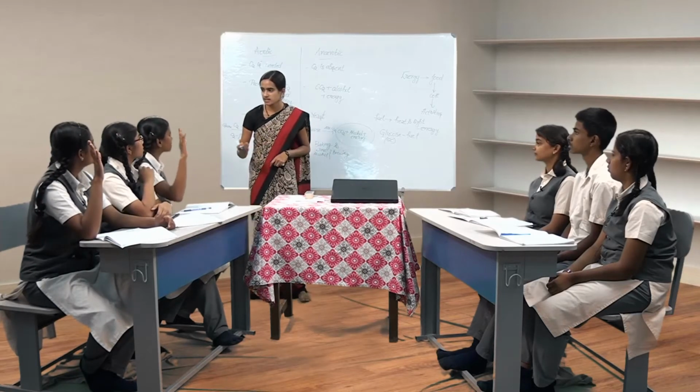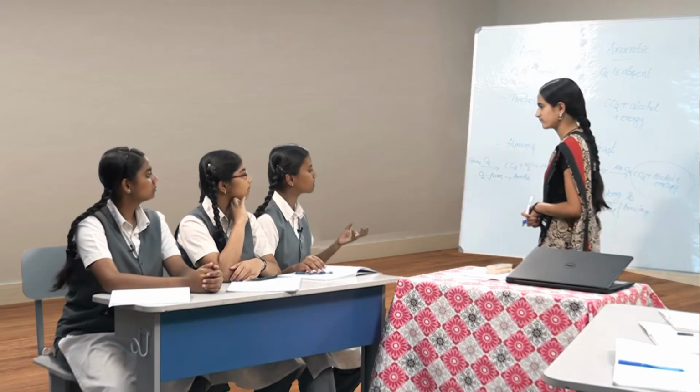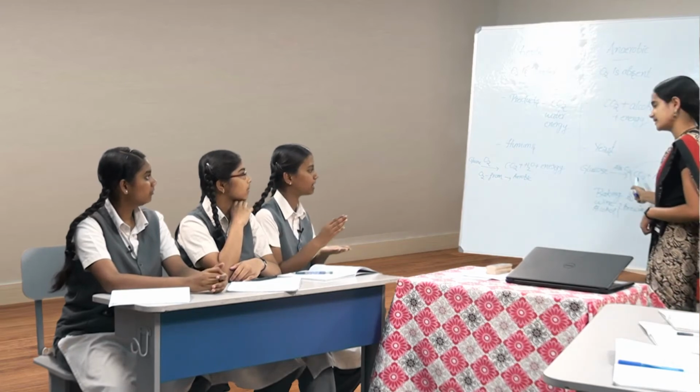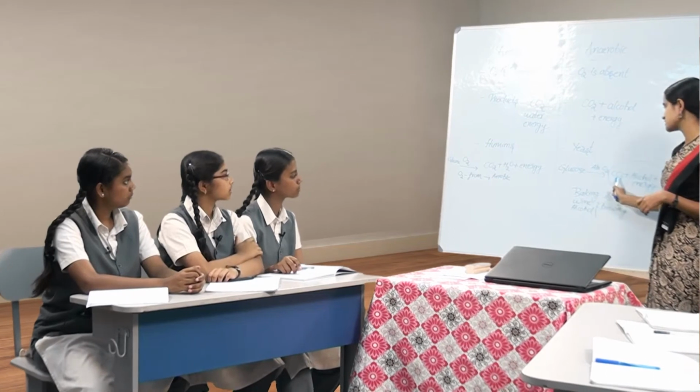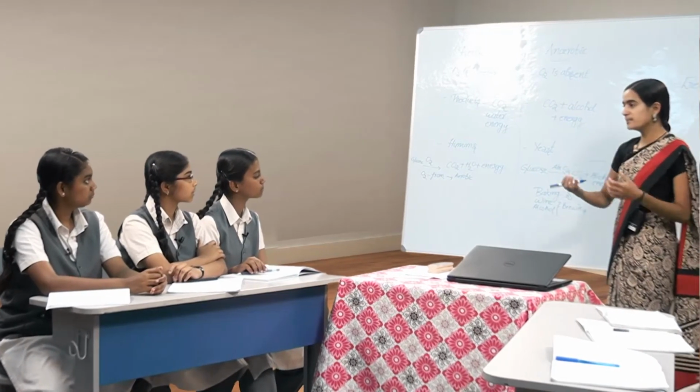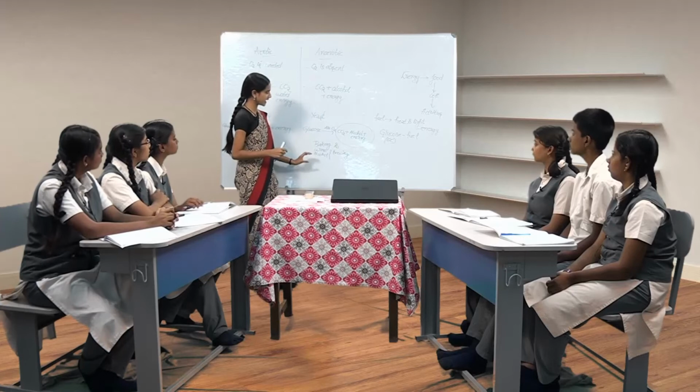Any other answer? Ma'am, in baking industry, because carbon dioxide will make the bread, dough, cake fluffy. Yes, very good. So not only alcohol is used, but the carbon dioxide which is produced can also be used for making the batter, or in the baking industry where the bread has to become fluffy in nature. Okay? Any other point? Okay, so mainly the yeast is used in baking and brewing industry.